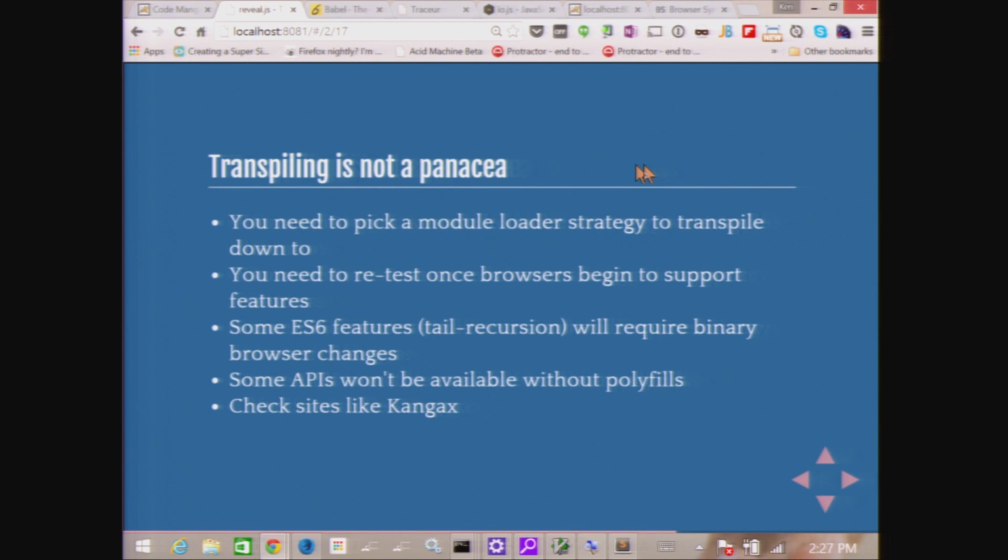And it's relatively straightforward. You put a file out there, you import from that file, and anything you want to export, you use the export keyword to export from that file. So it's export to make it available, import to load it. Relatively straightforward, but here's the problem. If you write ECMAScript 6 code and you use all those features, and then you go to use it on an ECMAScript 5 browser, there's no module system. So you will have to make a decision early on, and you can change it, but changing it requires a fair amount of testing. What do you want the transpiler to generate your modules in